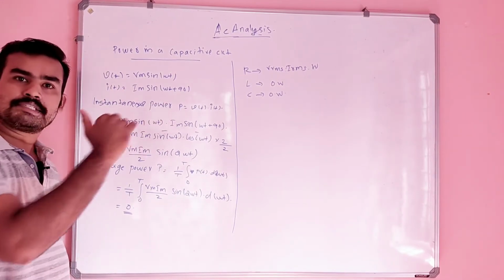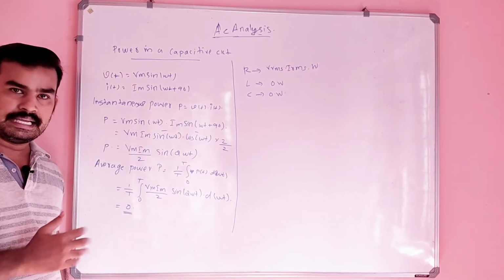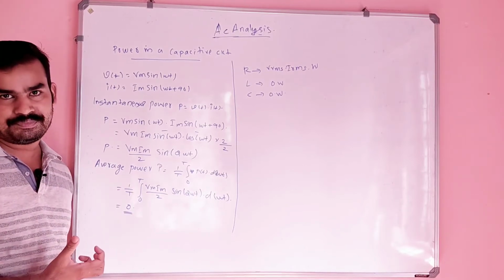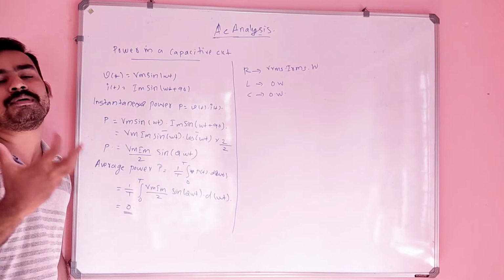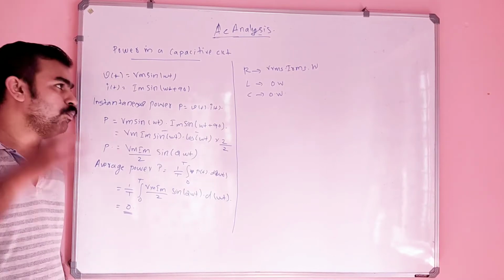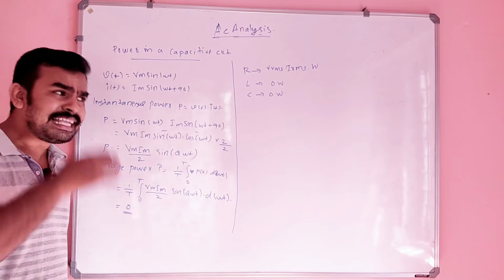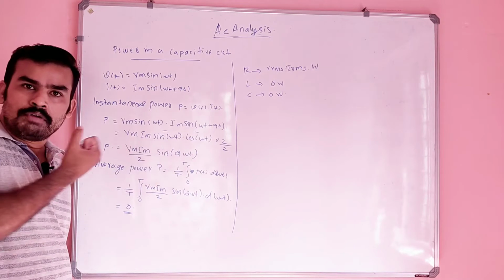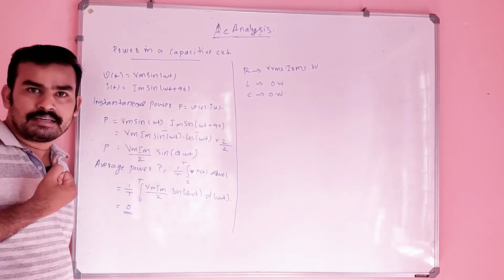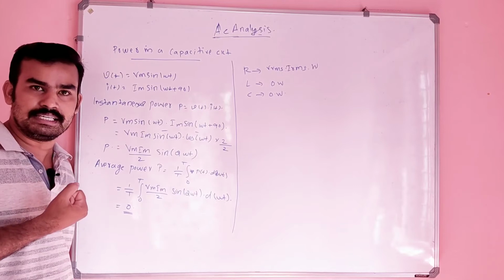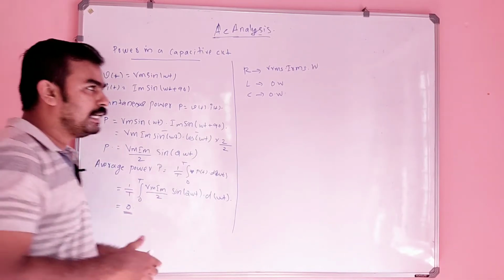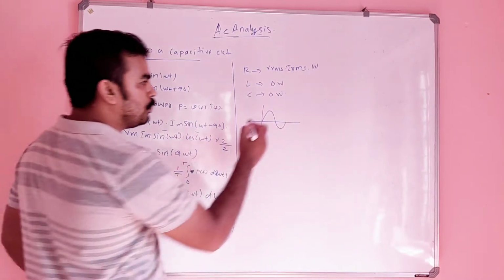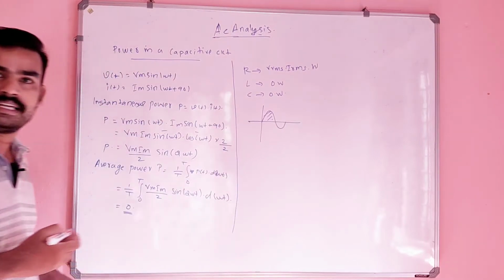But in the case of inductor as well as capacitor, it doesn't have the capability to dissipate power. It doesn't have the capability to dissipate power in the form of heat, light, sound, or anything. Then what does it do? It simply absorbs and stores the power for some half cycle, say the positive half cycle, and for the negative half cycle, I already explained what inductor and capacitor do. For the positive half cycle it may store some amount of energy,